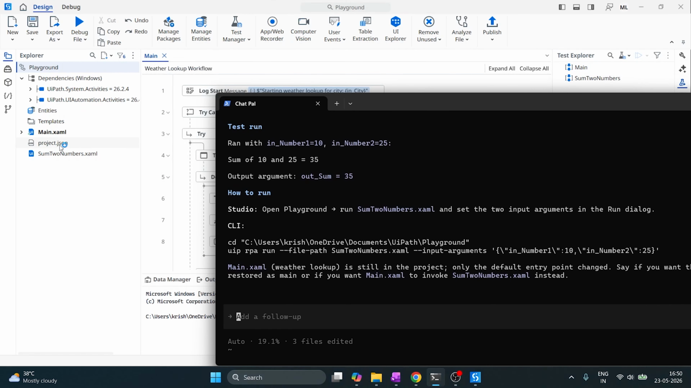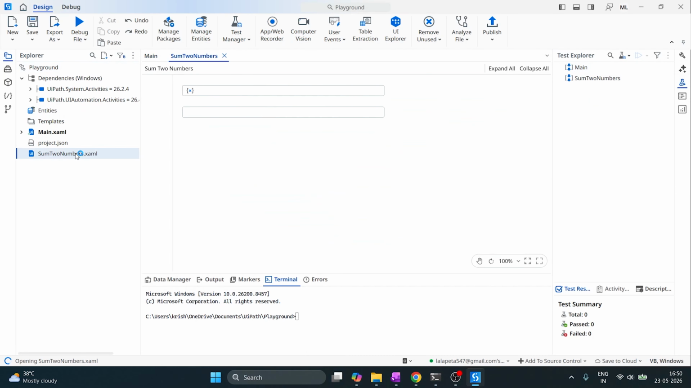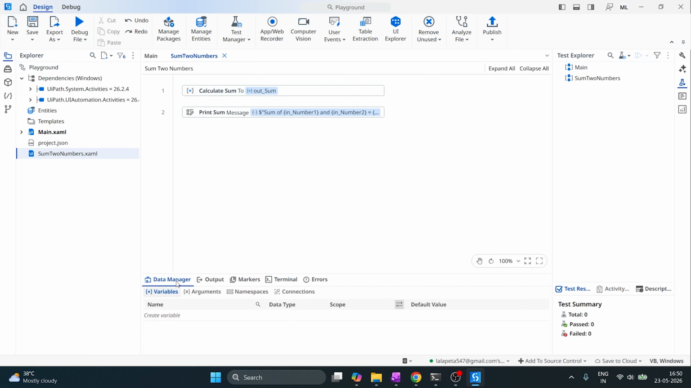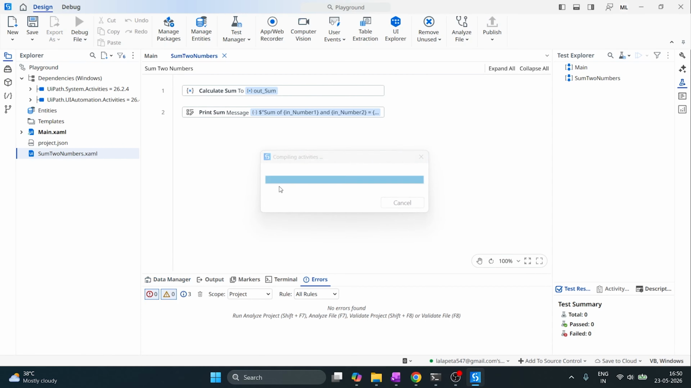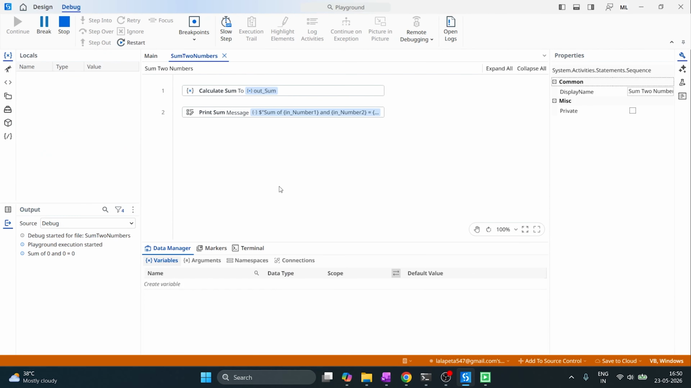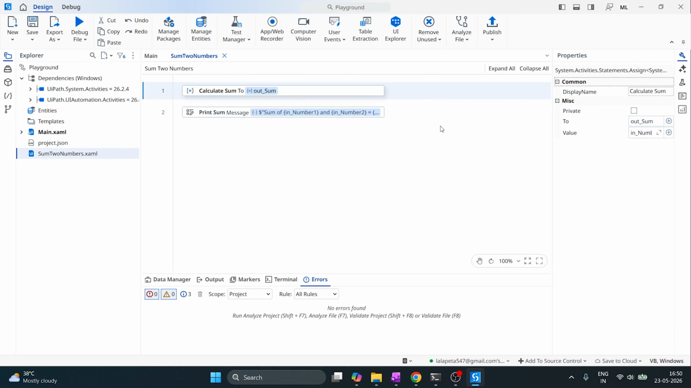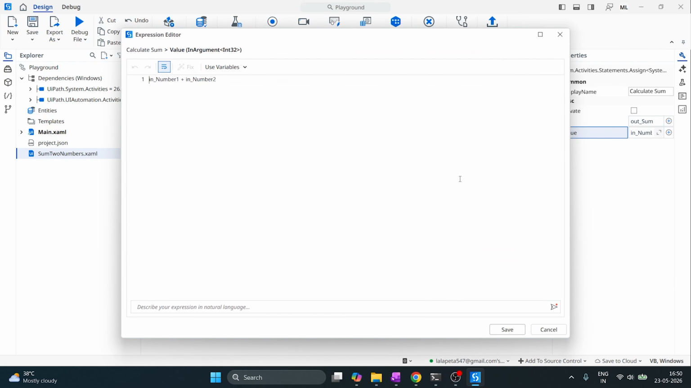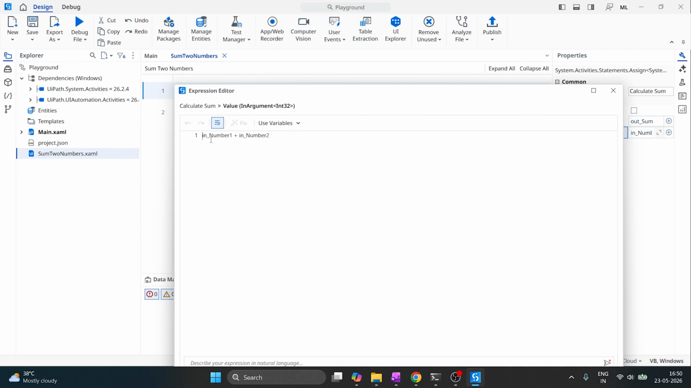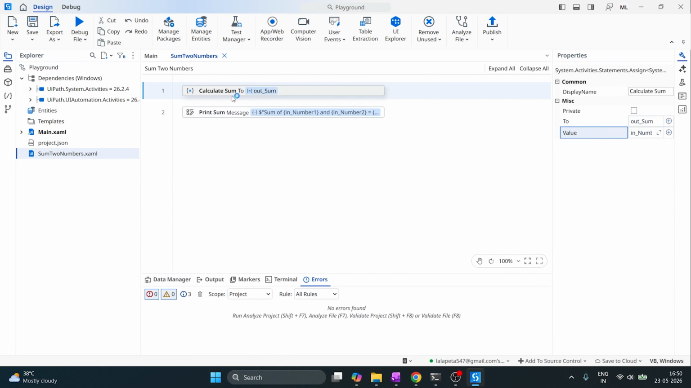Now I can see behind there is a XAML created. You can open it, and let's run it. I didn't give any numbers, so it just took 0 plus 0 and the output was 0. If you can see here, number 1 plus number 2,